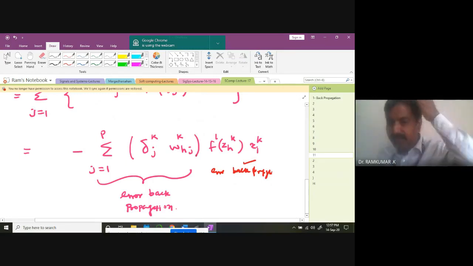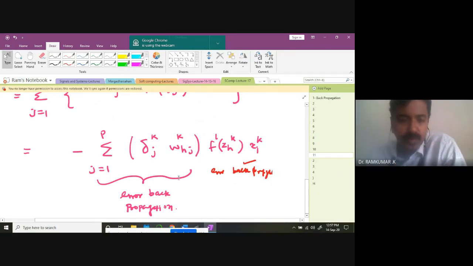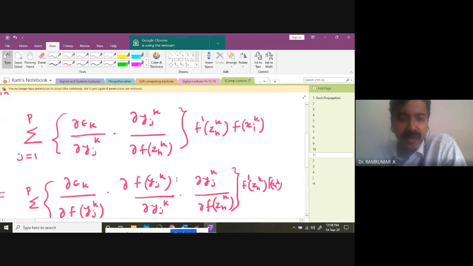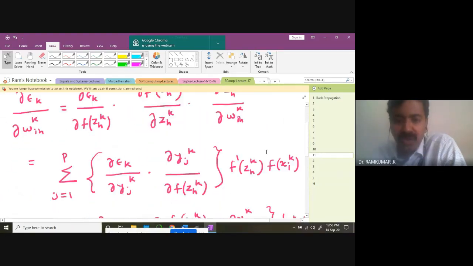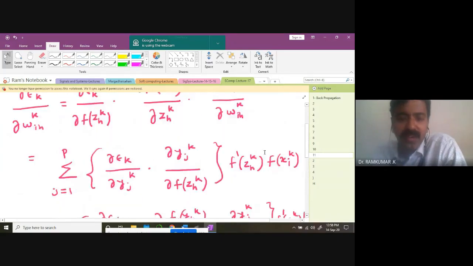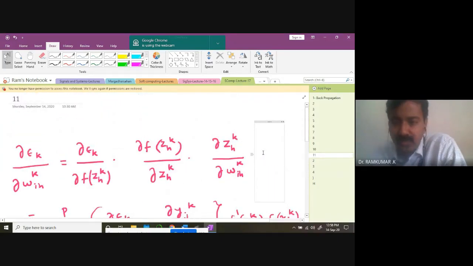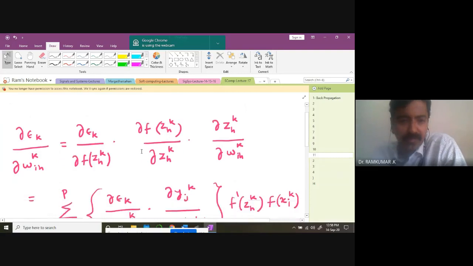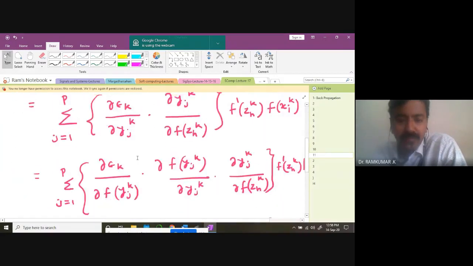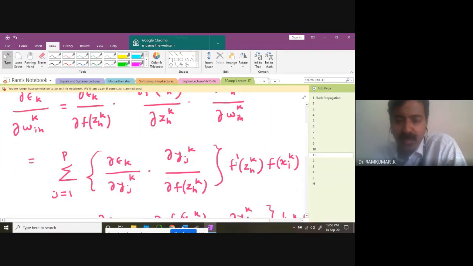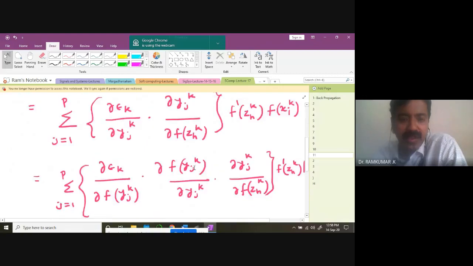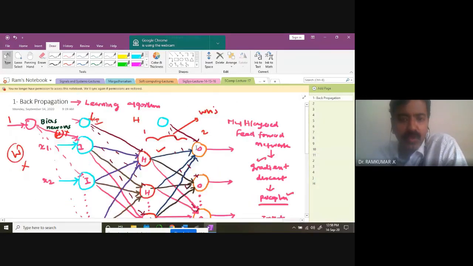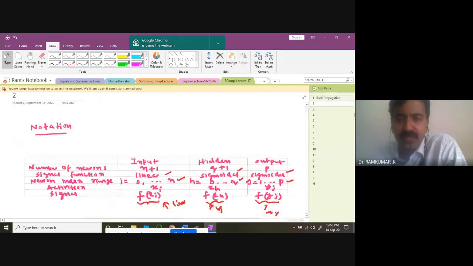We'll see it again with more insights next class. But right now, this is the fundamental idea behind the derivation of the back propagation learning network. Anybody having difficulty in visualizing it? I'll stop here. We'll come back and see it again. Maybe I will take one more class, with some problems we'll solve, and at that time you'll understand very clearly. But go through the notations very clearly first.